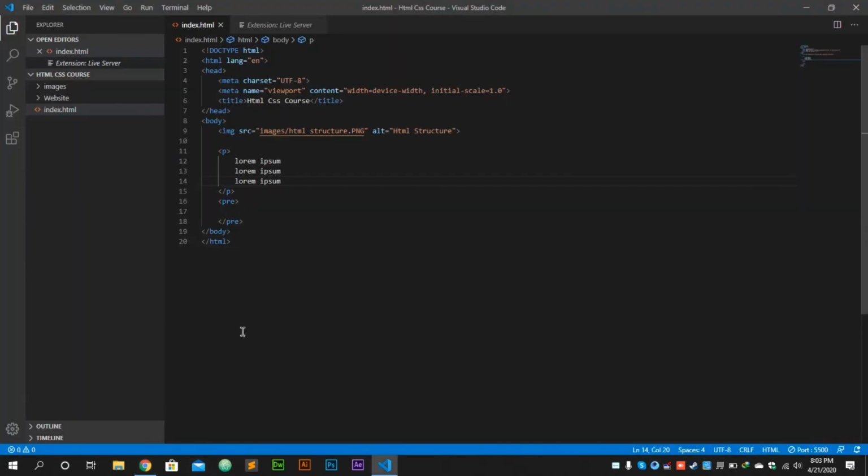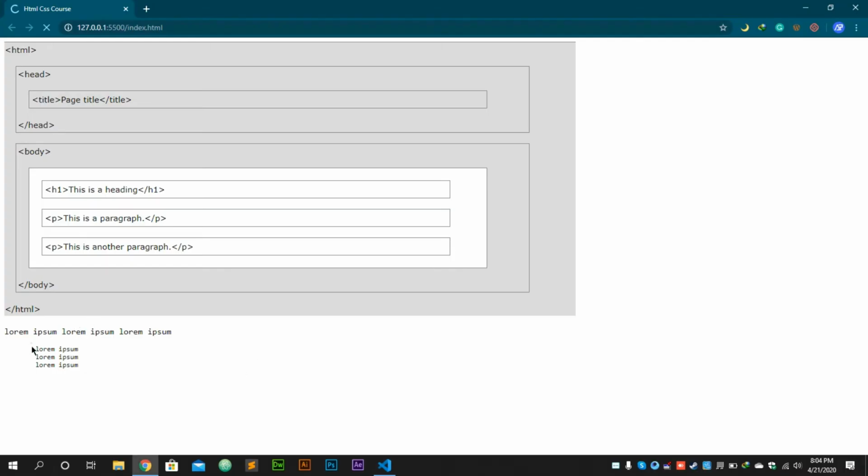If you want to write a poem, you have to use the pre tag for writing a poem. When you add a line break there, it will automatically make line breaks like that. So this pre tag is used for poems.